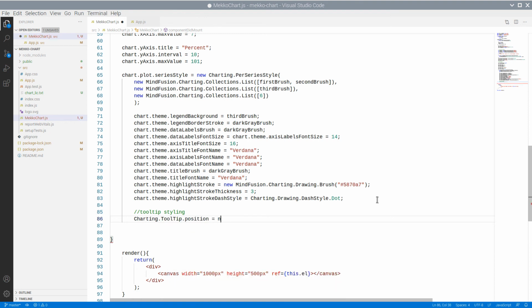We specify the position of the tooltip. This is position relative to the chart element the tooltip is rendered for.